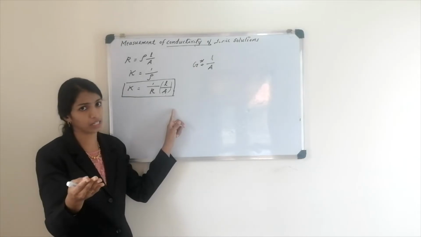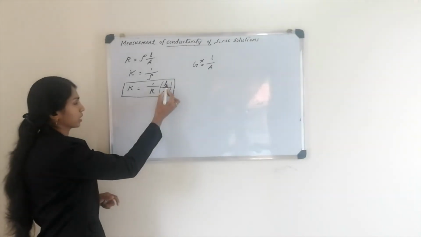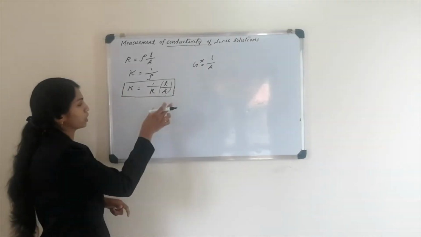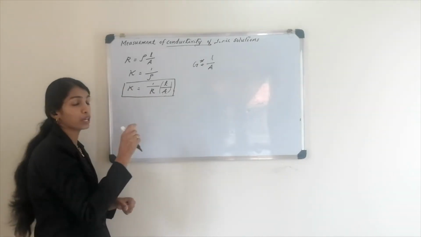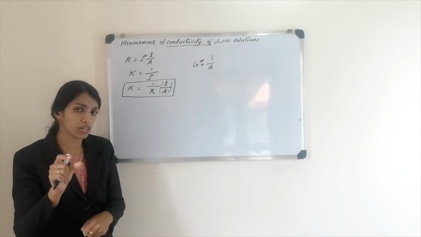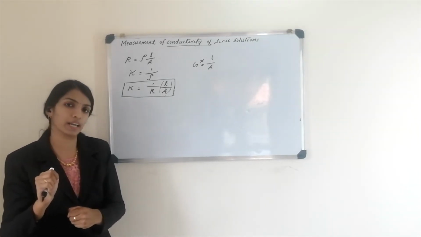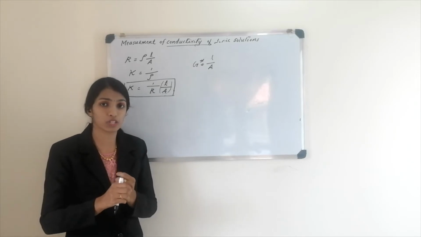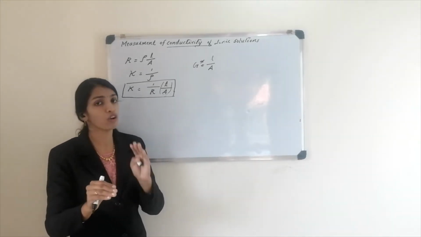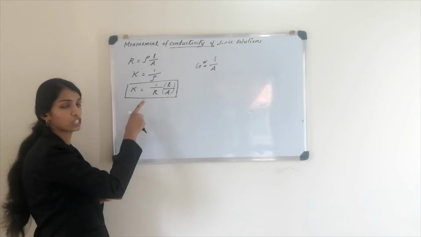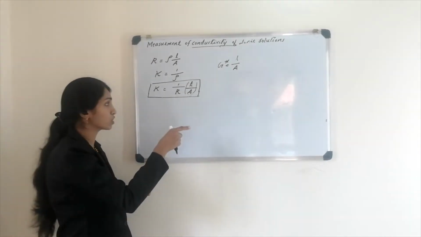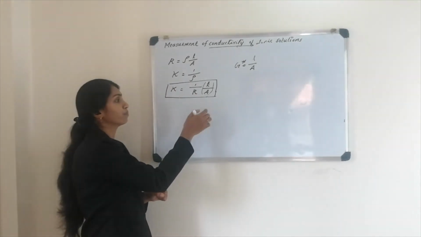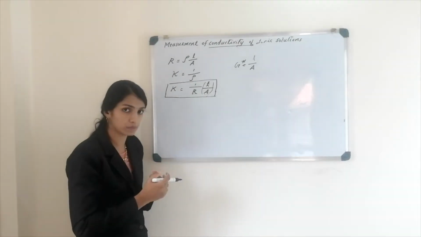It is inconvenient. So we are measuring this L by A value by an experiment, and for measuring this L by A value we are using a solution whose conductivity value is already known. KCl solution. Conductivity value of KCl solution is constant and it is already known. Therefore KCl solution is used for this purpose. A solution whose conductivity is already known, with that solution we can measure the resistance.